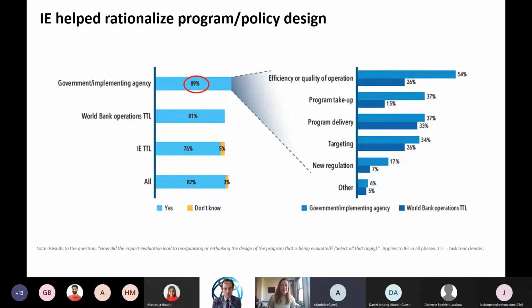So we ask an open-ended question: how did this help you design your program? And then within these open-ended answers we try to understand at what level this worked. So we quantify something that's very qualitative. It's a conversation, but once we get all this data from all the different projects, we can see all the different channels in which we managed to influence a project and start coding it. And we realized that there were consistencies, or things that kept coming up.